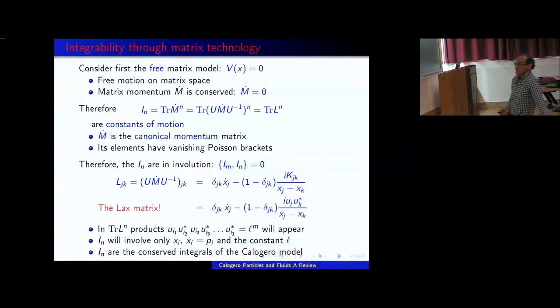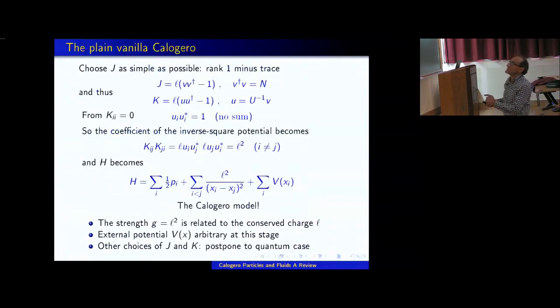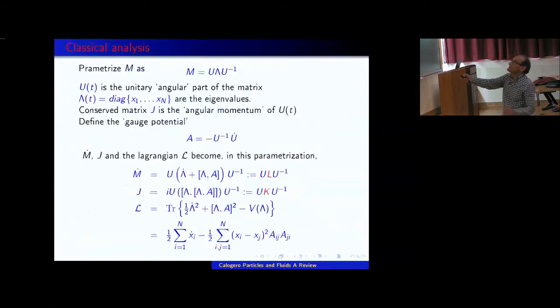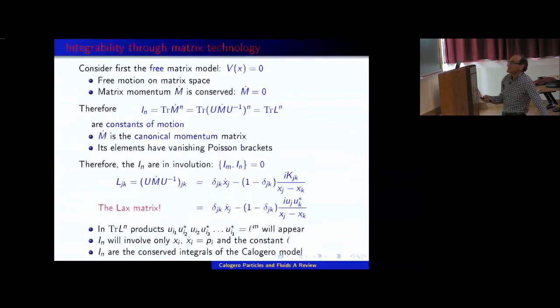If you wanted to express these quantities in terms of the traces of matrices, you could of course stick with the original matrix, but you could also do the unitary rotation that we did before. Remember, we defined matrix M as the diagonal plus U, so you can express it in terms of that U. You have M dot. It is the matrix L that we defined before, M dot in this representation. And when you write it out, the elements turn out to be like that.